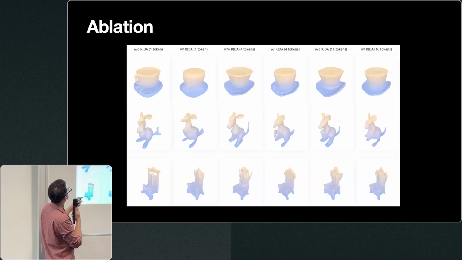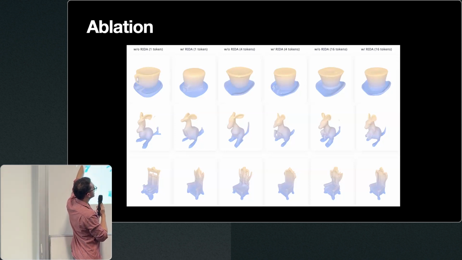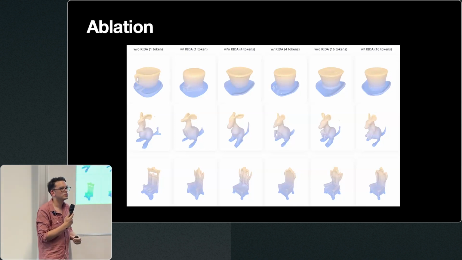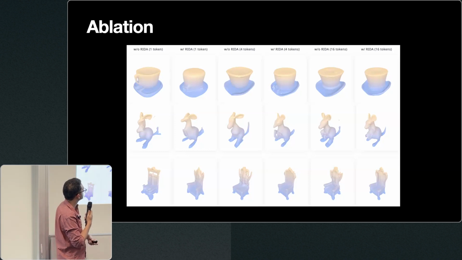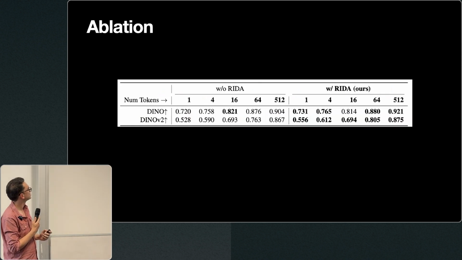And over here we want to show why our RIDA was actually useful during this training setup. As you can see, especially for a very low number of tokens, where we are trying to generate a hat, if we do not use this semantic loss function, it can actually completely get the category wrong and come up with a cup rather than a hat. And there are some other examples of a kangaroo where it kind of looks unrecognizable, and we show why this loss function is actually important. Some more boring numbers,